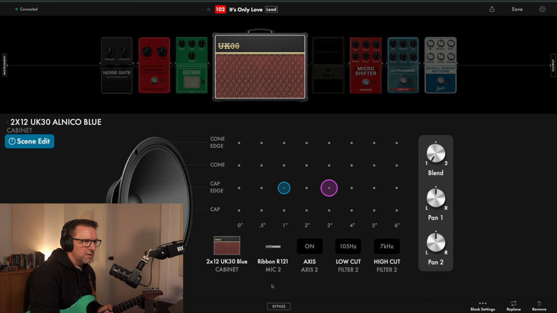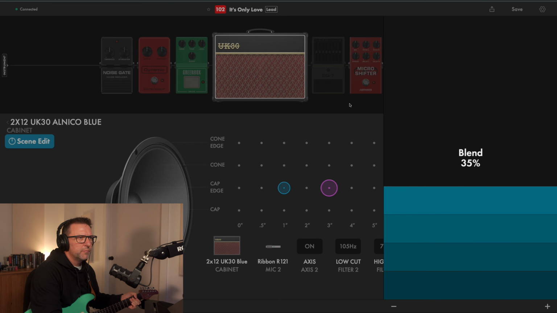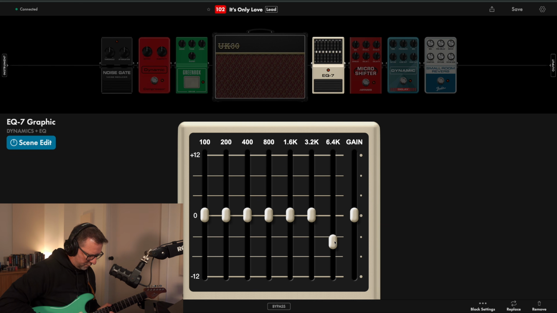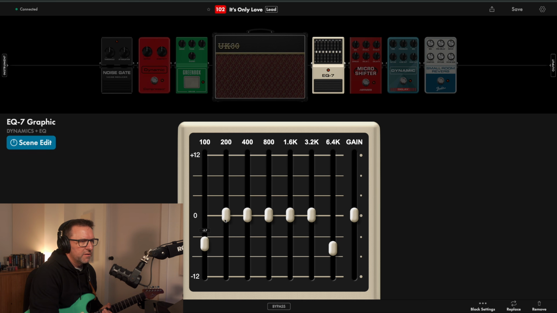Mic 2 is the ribbon on axis. And I'm going to go somewhere around 30-35% blend. I am going to engage this because I want to take some of that top end out, and the bottom end because there's no need for that, and boost the mids.